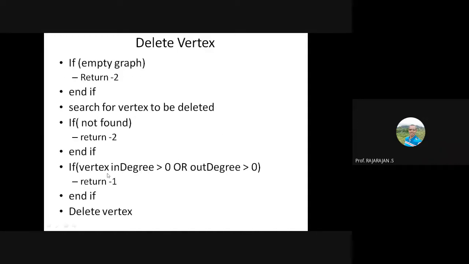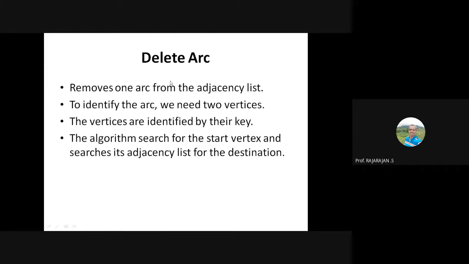So that is what is being done. You check whether its in degree or out degree is greater than 0. If so, return -1. That means you first have to delete the edge using the algorithm for edge deletion. After that, you can perform the deletion of the vertex. This is the algorithm for the arc deletion, that is edge deletion. It simply makes the entry in the adjacency list to be 0. That's all needed. You just go to that particular intersection and make it 0 in the adjacency list.